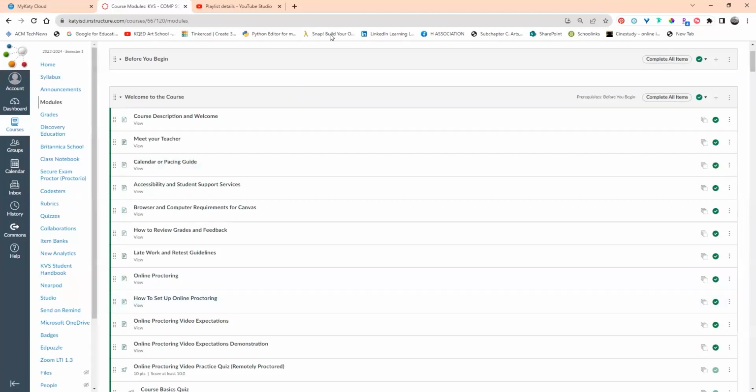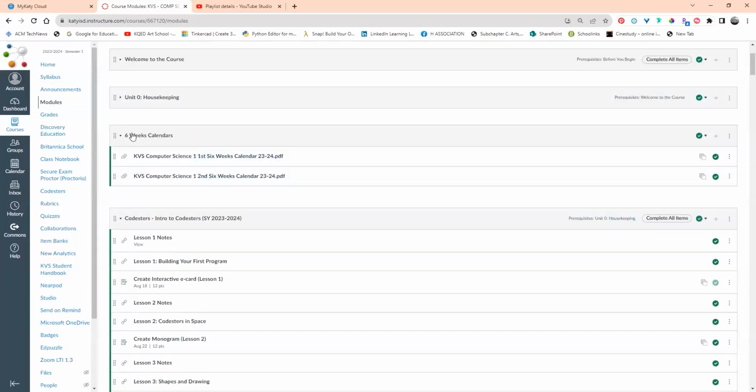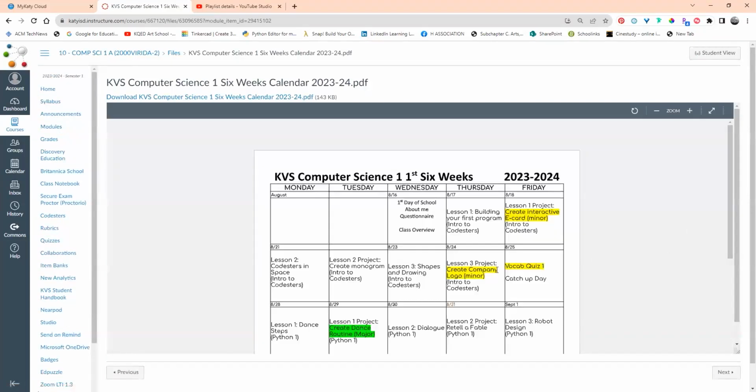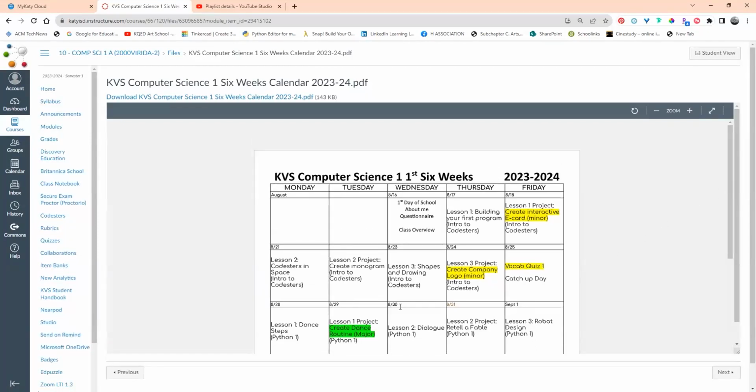As we work through the course, you will see that you go from one section to another, okay? 6 weeks calendars are here to keep you on task and up to speed. I am going to grant some grace for the first couple of weeks. I know that I didn't even get this class until the night before it started.